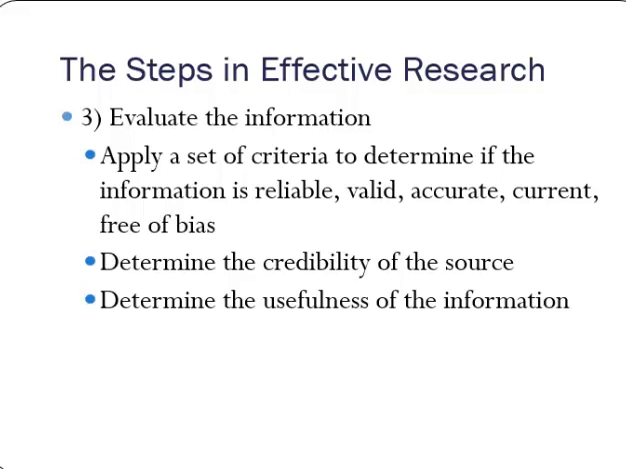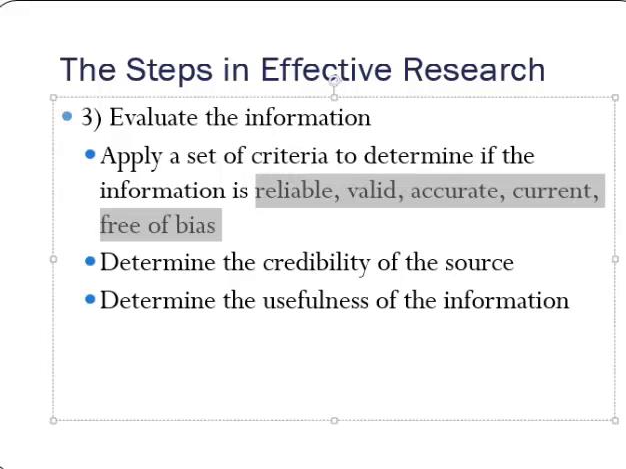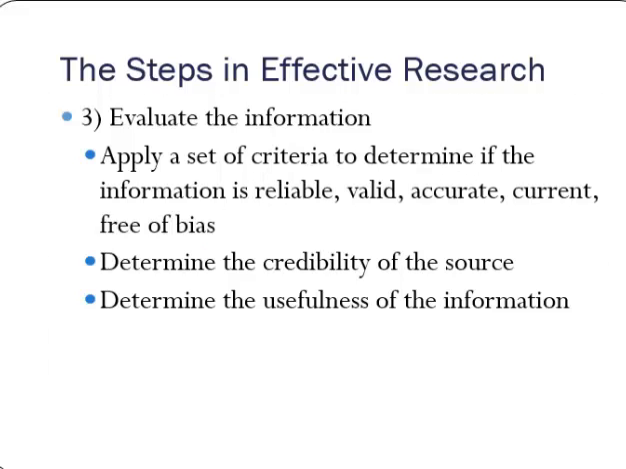Number three, evaluate the information. And evaluating the information means apply some sort of criteria to make sure that the information is reliable, valid, accurate, current, and free of bias. For example, you might say the information that I'm going to use has to come from a source, a newspaper that's generally considered reputable, like the Washington Post or the Chicago Tribune or something like that. It can't come from just an unconfirmed internet source,